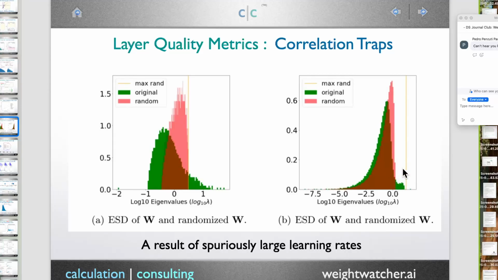And so what's happening is we think that this is causing the layer to overfit to some feature in the data. It's kind of just locking in on this, zooming in on it, and maybe that's a good thing, like if you're doing some kind of zero shot learning. But generally, what we find is that when you see these traps, it decreases the out of sample accuracy.